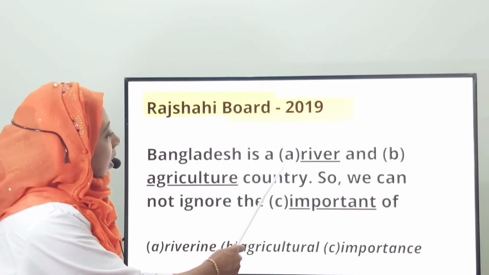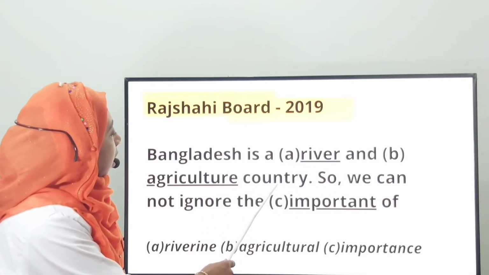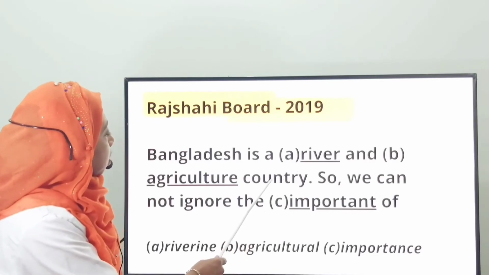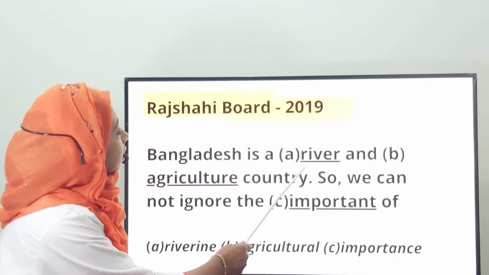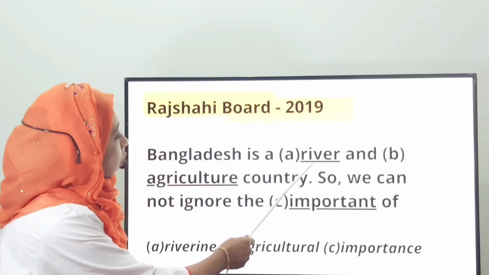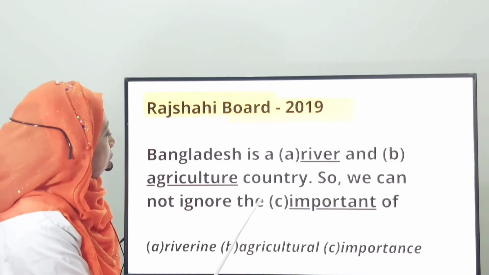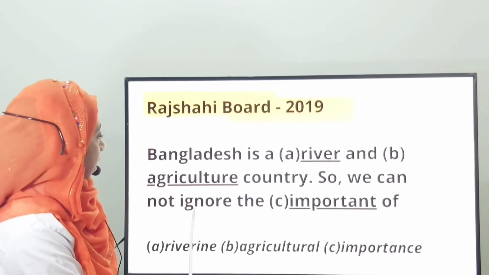Bangladesh is a river and agriculture country. Here we get 2 gaps before the noun country. So we think this is the place for an adjective. So we must change the word into an adjective word. For that we use a suffix after river and agriculture.